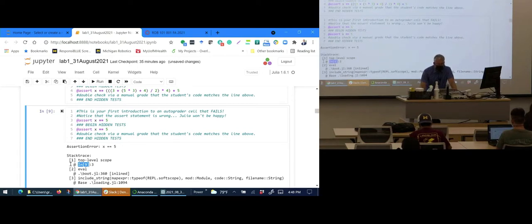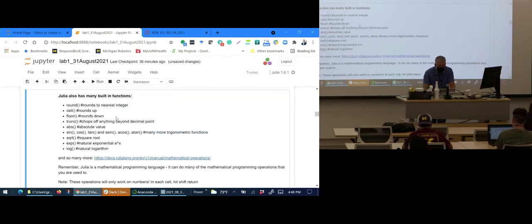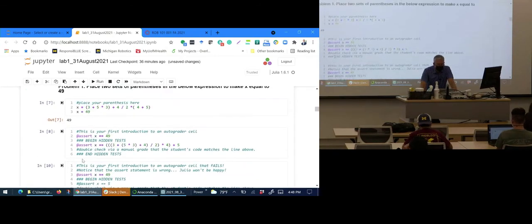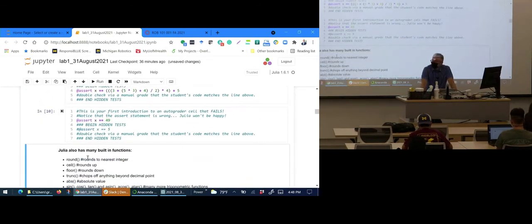Right now, yep, it's in cell 9, and then it's in line 3. Oh, that's where my error is. If this weren't here, and we're really asserting x equals 49, then Julia is happy as can be. So that's how you debug